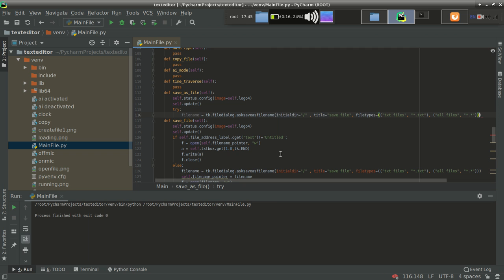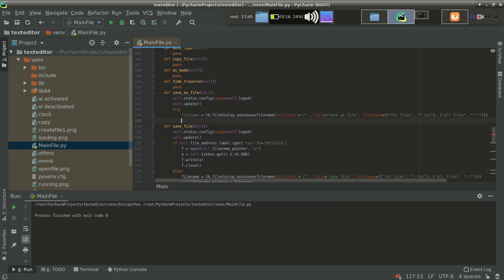So just copy it, and the title should be save as file. So we have used the file name. Now we have got the file name using this dialog box, the new name of the file.